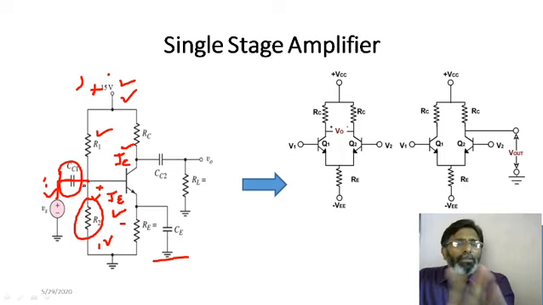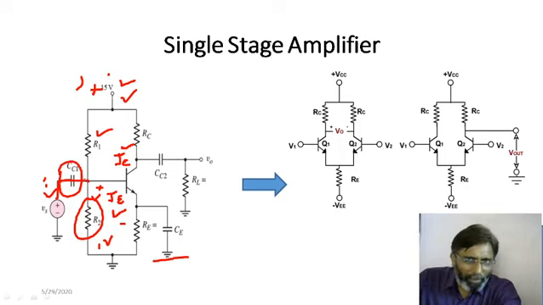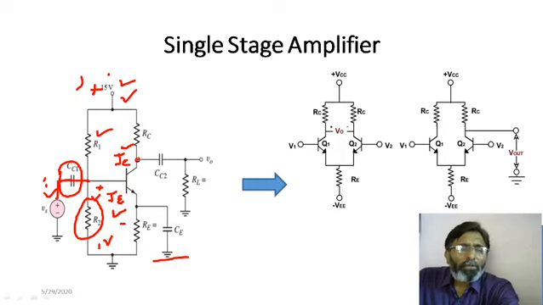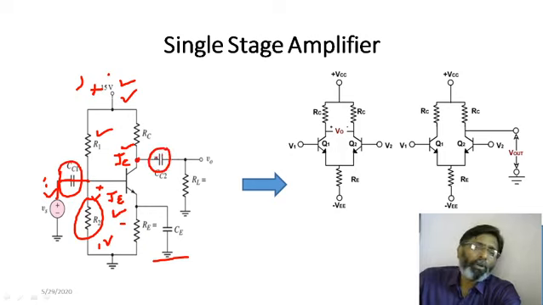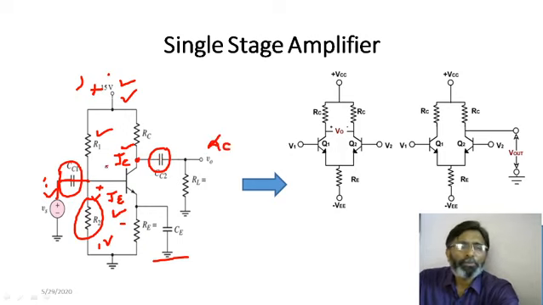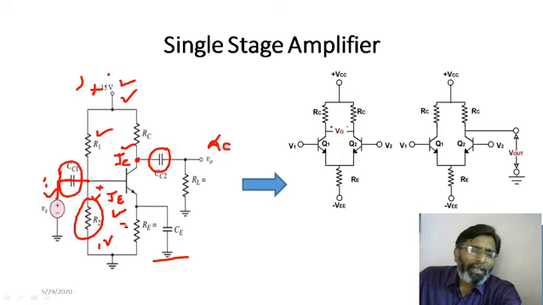And in this way, those two sources will be kept separate, and at the same time our AC will go to the input, which the amplifier can amplify. Then we will be getting the output. But when we take the output, we will have AC as well as DC. So, to have only amplified AC at the output, we are connecting another coupling capacitor. It will not allow DC to go to the output, and you will have only AC at the output. Then RE we are connecting to provide the negative feedback in this amplifier.